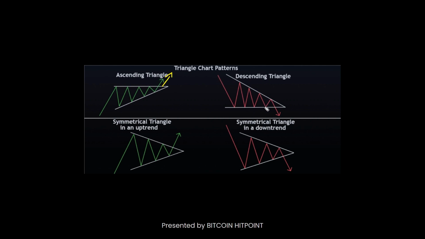Then there are descending triangles. Once they break the support zone, they have higher chances of giving you a breakdown, and you will be getting a move towards the downside. All right, and then there are symmetrical triangles which don't have higher probability in a particular direction. They can give you a move towards the upside as well as to the downside. So you'll have to make sure that you are looking for some key confirmations and do not get trapped in